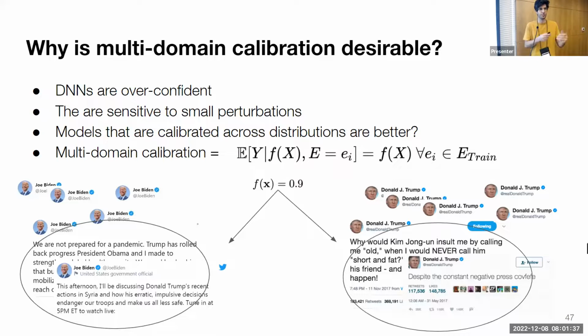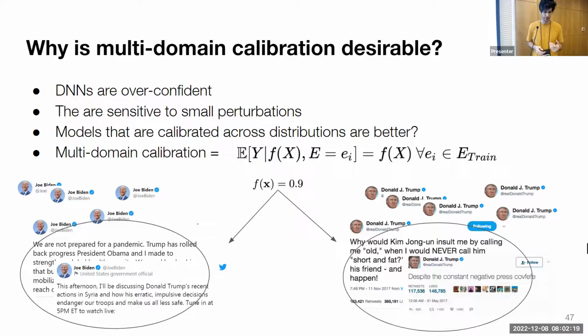And one thing that we have kind of a hunch that works in many predictive examples is that models that are calibrated should be something that we want to have. Specifically, if we think about multi-domain calibration, or having models have the same level of confidence about their predictions across multiple environments, could lead to a model that is not using environment-specific information. Right? So from a mathematical perspective, we can directly see it. If we have a model that is calibrated on every environment, this leads to conditional independence.